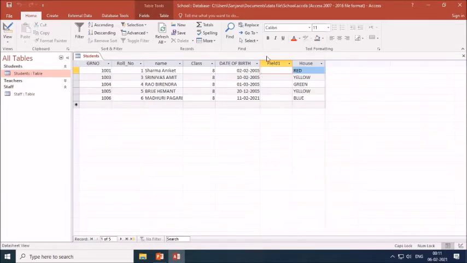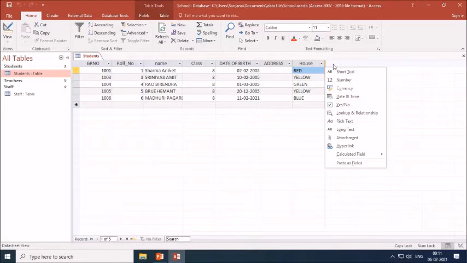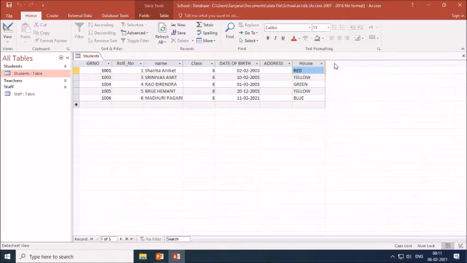Now you can insert the field here. Whichever field you want, you can add the field here. So give the name for the field. Suppose I want here address. I can add the address field here. Then after this, if you want, you can select it and you can add the field here also, another field.